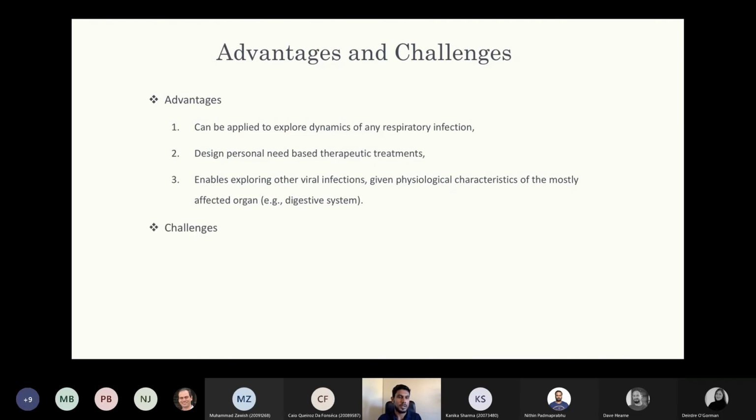Considering the challenges, the main challenge is that we have very limited data. For example, the impact of the full immune response is still not documented. So we faced some challenges during the study in how to consider the immune response. That is why we considered the T cell response. But given more data about the immune response, we can expand the knowledge that we can extract from this model. So that's all about the research, our COVID research.